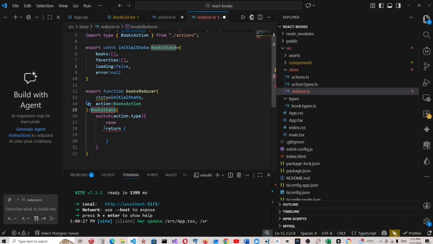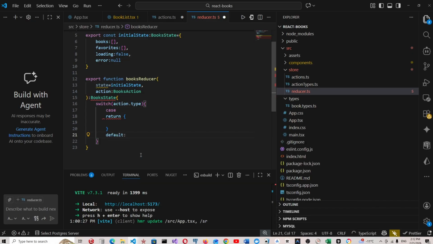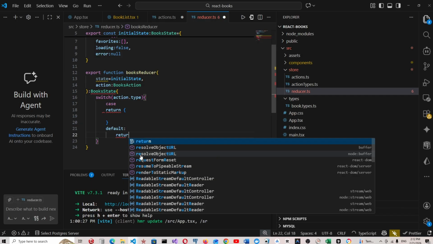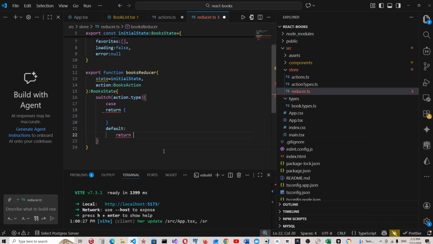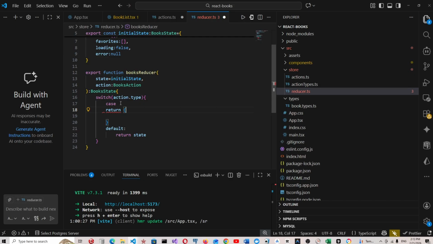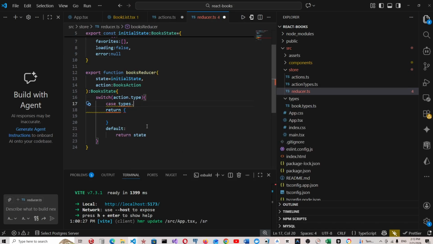And default will be the return state default initial state. This types dot, let's say will be